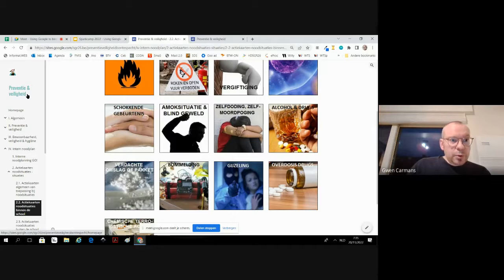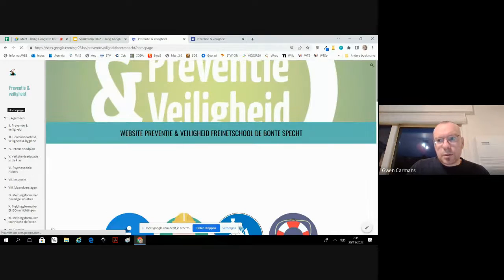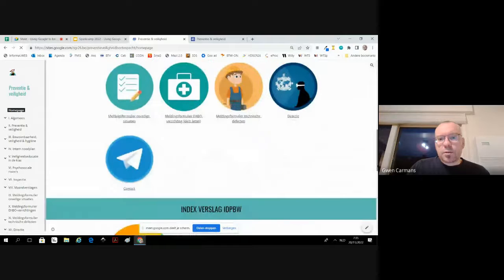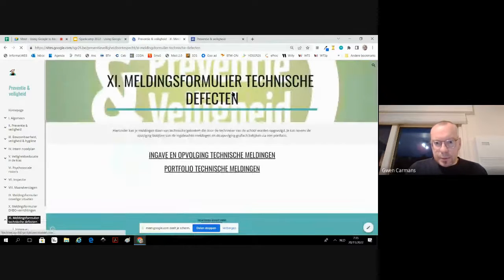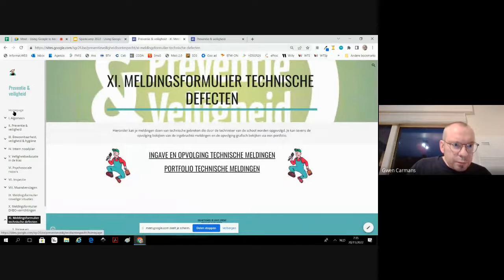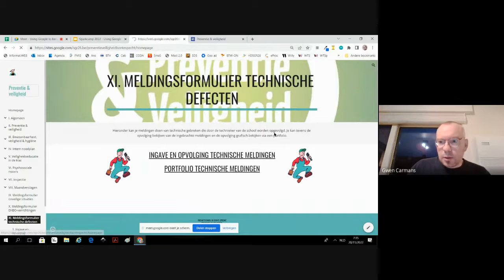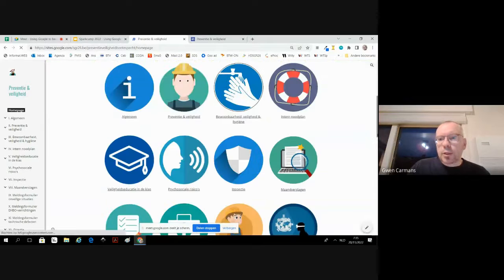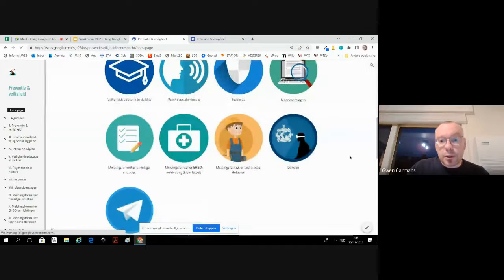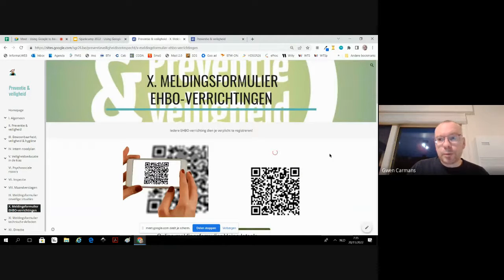Another thing I want to show you, I like it very much. Inspection likes it very much too. It's to put first aid actions in the dashboard. So when a child is hurt, we have to take care of that child. So we have an application on the site, with a QR code that is hanging